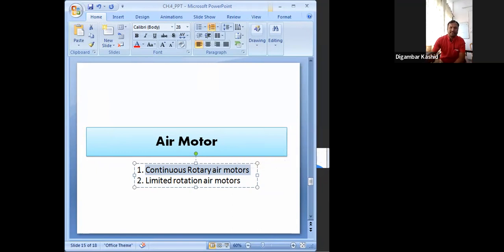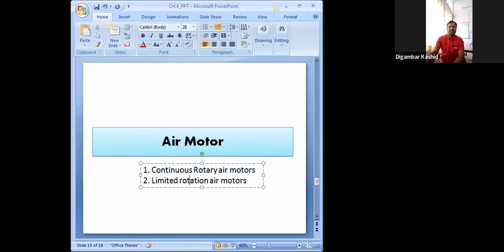And second one, this limited rotation air motors. Now this category of the air motor again is classified into two types. One is the vane type and second is the piston type. Getting it? Same classification we have seen in the hydraulic motor also. Okay. Now once again come to this first one, that is a continuous